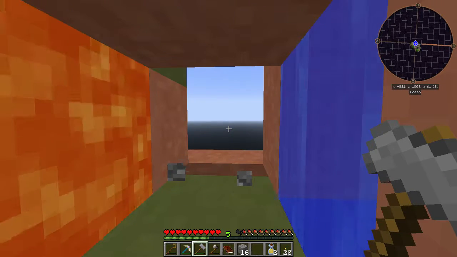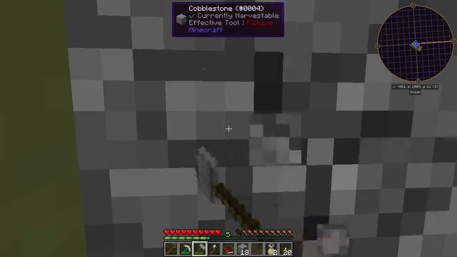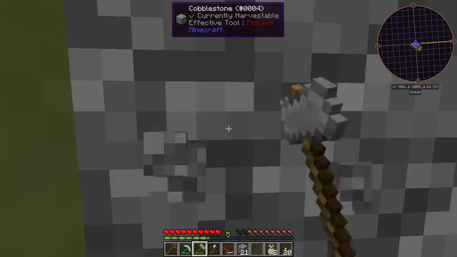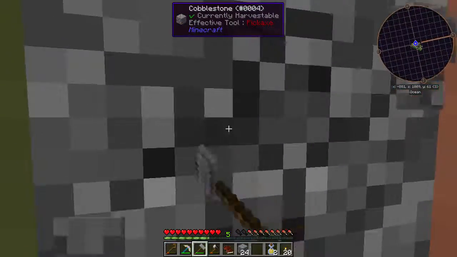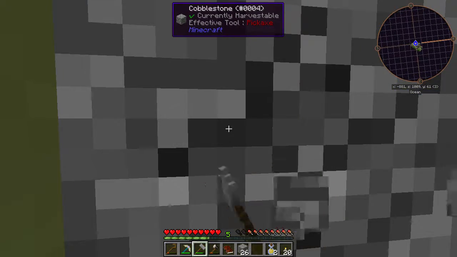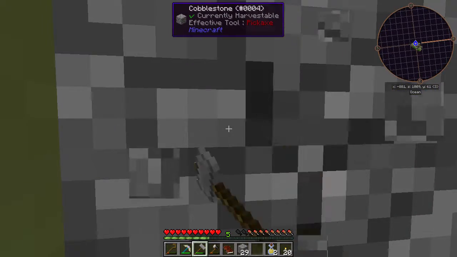So yeah, the more dust we get, the better. We don't have to worry about bone meal. And then relatively soon, once we get cobblestone generation going, we're not going to have to worry about anything with mob drops, because we're going to make a mob farm very quickly. The first one is probably going to be,